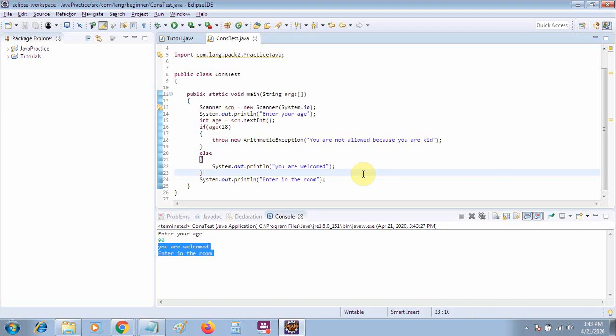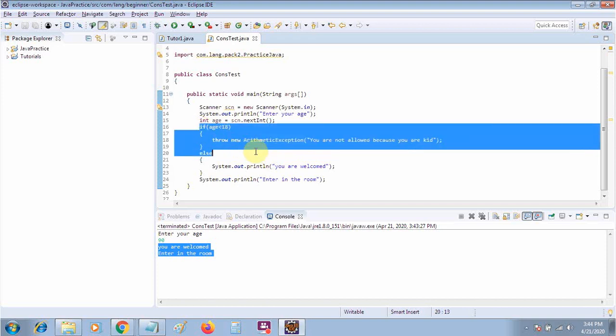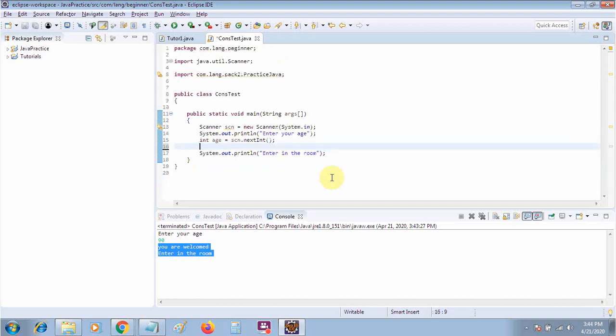Now let's take another example to use the throws keyword. So always remember, throws is basically used with the checked exception. Checked means your compiler first checks whether the program has any issue or not. If it has any issue, then it will suggest that you either surround it with a try and catch block, or you have to use the throws keyword, meaning you have to throw that exception.